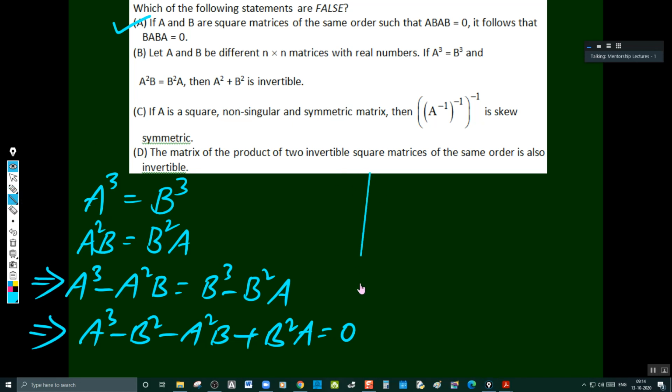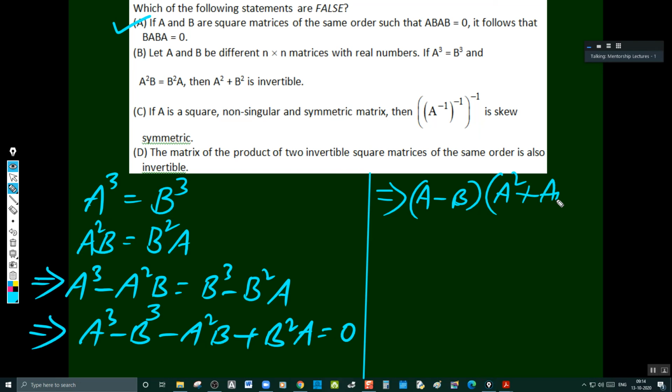Now, A cube minus B cube, I wrote square there, but no one is objecting. That means whether you are seeing this or not. सर इसका डिटर्मिनेंट 0 हो जाता है. A cube minus B cube, formula please. A minus B the whole cube, A minus B into A square plus B square plus AB. A square plus AB plus B square. Take minus AB common. Within brackets, you will get A minus B is equal to 0.